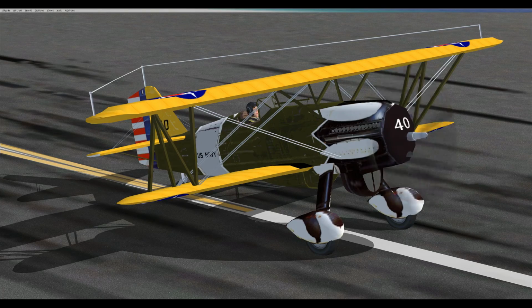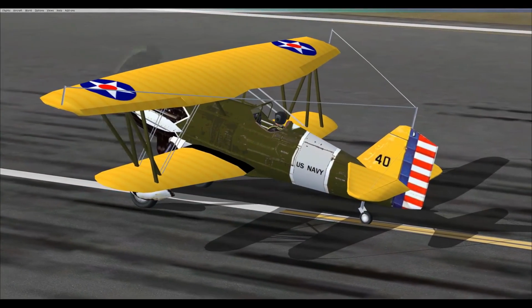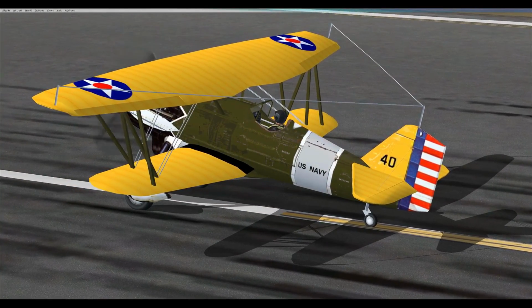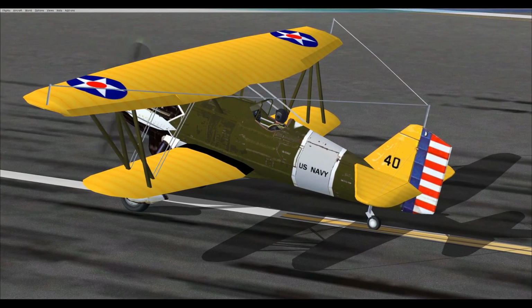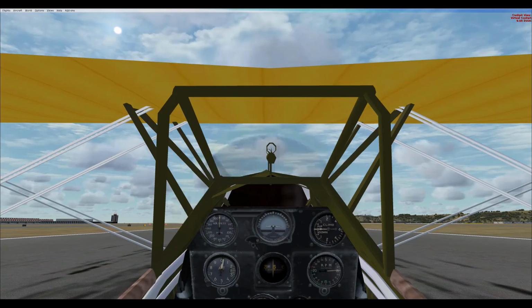In 1925, the Curtiss F6C Hawk was designed and manufactured by the Curtiss Airplane and Motor Company of Hammondsport, New York, as a U.S. Navy land-based version of the U.S. Army's Curtiss P-1 Hawk fighter. Later Navy production models were strengthened and modified for aircraft carrier operations. The F6Cs were assigned a fighter role with VF-2 and VF-1 operating from the aircraft carriers USS Langley CV-1 and